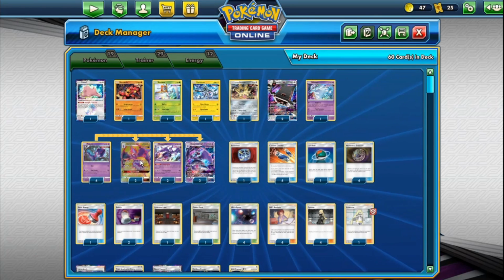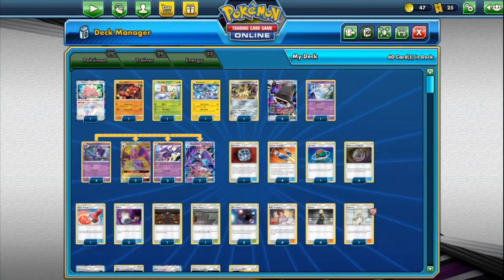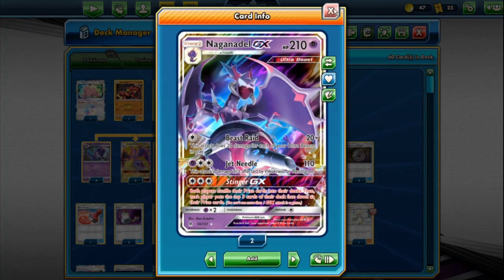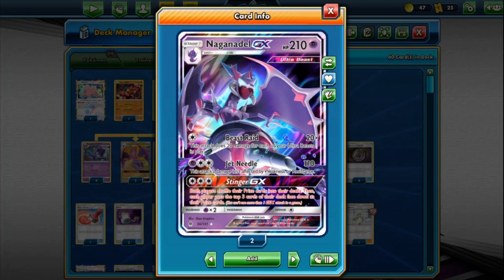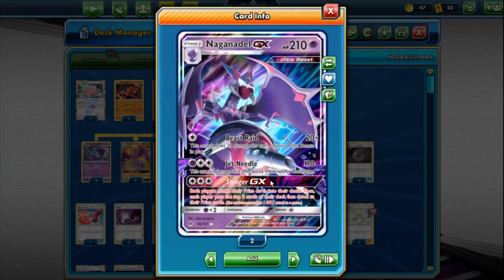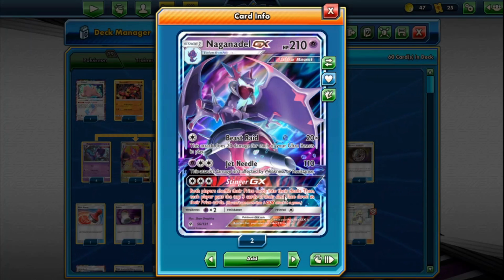So 2 of those, 3 of the non-GX Psychic Naganadel. This is difficult to explain. And then we've got 2 Psychic Naganadel GXs. This is kind of a necessity in Beast Box decks. You've got the Beast Ray that can do up to 120. Not going to be really using Jet Needle, and then Stinger GX, which is a great GX attack, and it is great